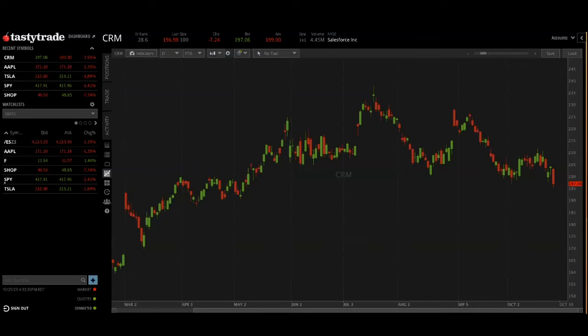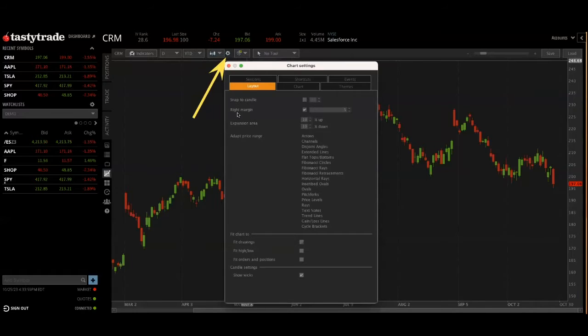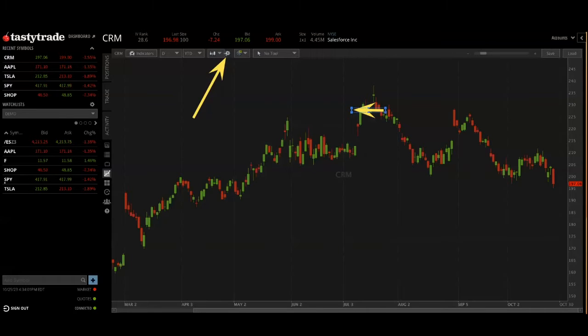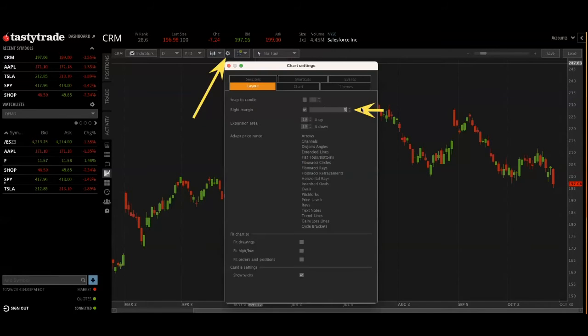Next, you can see that probably on the right side, the candles are very close. So if you wanted to try to analyze future price projections on where you think the underlying might be at, you can actually update the expansion area. So what you want to do here is click on the chart icon for the chart settings, actually. If you open up this menu, you'll see the right margin expansion area is currently set at 5. But if I update that to 30, for example, hit enter,